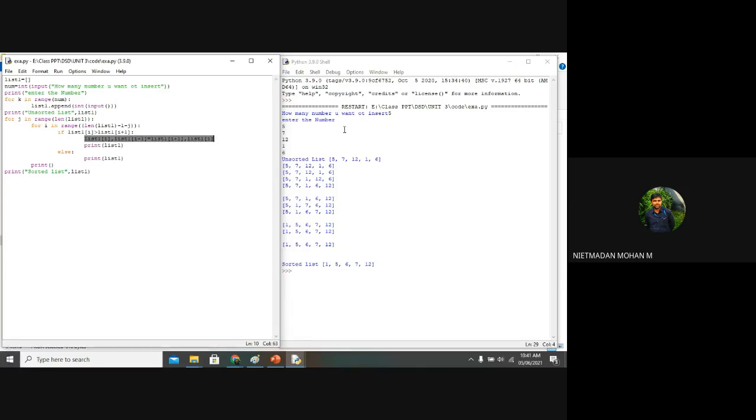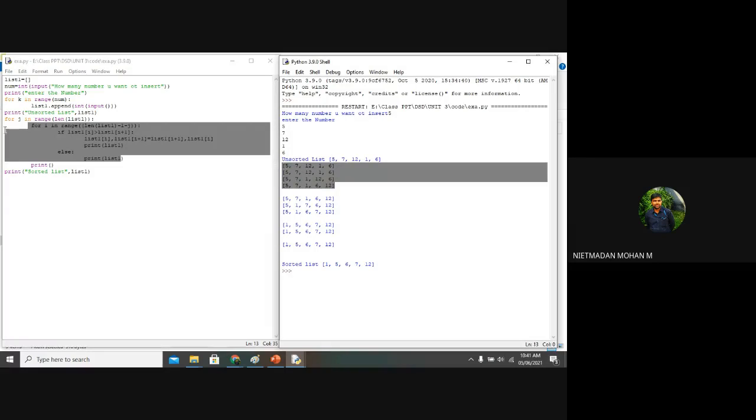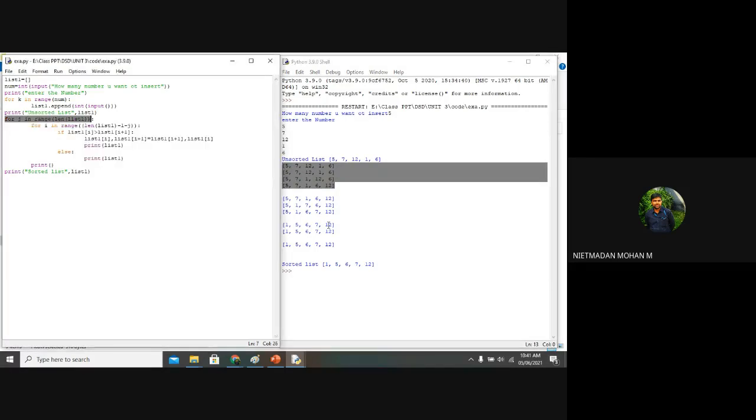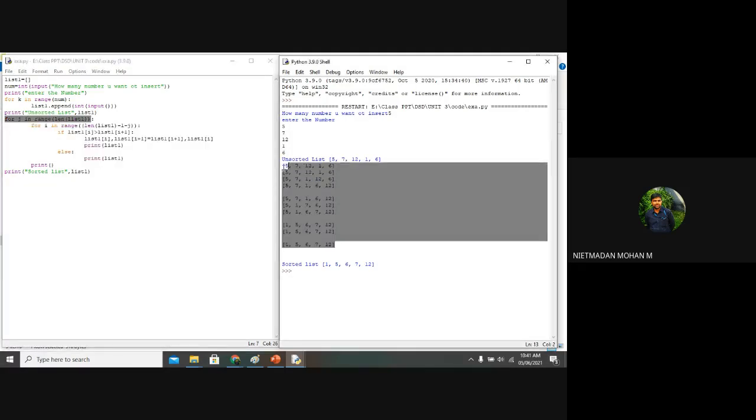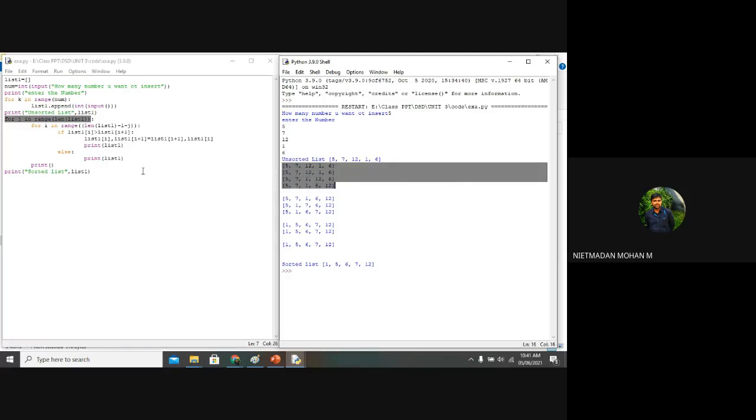One thing you want to be clear about: this for statement is for executing the first iteration, and this J statement is for executing all the iterations based on the for statement. So that is the process. Once the user gives an input, here also I am using a for loop with an append function. You can get an input in a list. This is one of my easy sorting techniques.